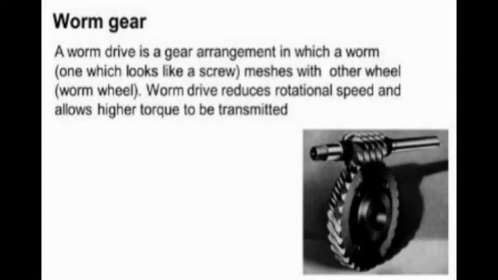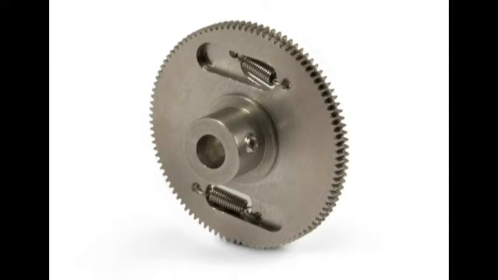Now we will move to the anti-backlash gear. You can see this figure. We have split gears. So we have this one part here and the other part there. These are designed for precision applications, for example, radio tuning dial. These springs are used for tensioning the gears to eliminate the backlash. Plastic, brass, stainless steel, and aluminum are the most commonly used materials for manufacturing the anti-backlash gear. They are available in spur, bevel, and worm gears.